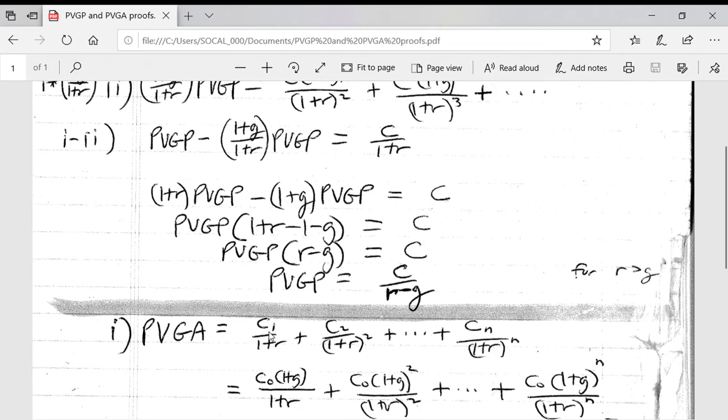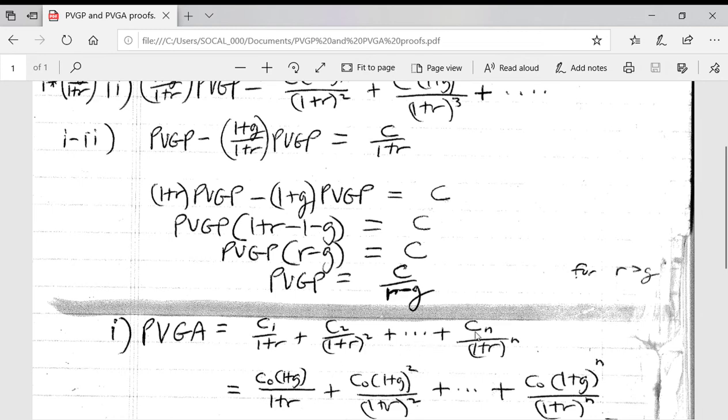And again, we're building this present value of a growing annuity formula to give us the value of the growing annuity one period prior to the first cash flow. Always keep that in mind. That's true for present value of annuities, present value of perpetuities, present value of growing perpetuities, and present value of growing annuities. It's true for all of those. So here we have the present value of growing annuity equals the date 1 cash flow discounted back 1 period, therefore divided by 1 plus r, plus the cash flow at date 2 divided by 1 plus r squared, plus